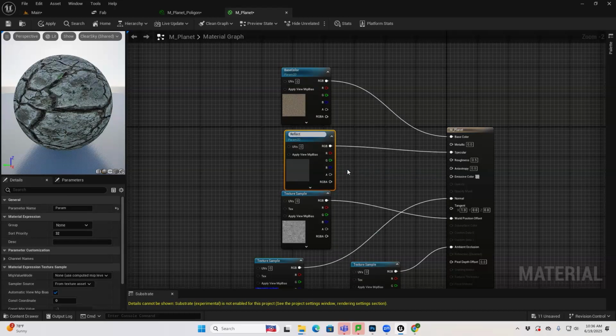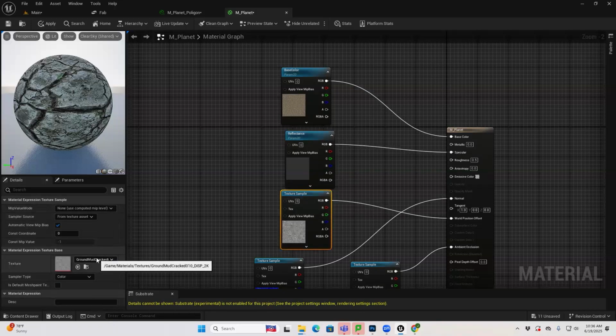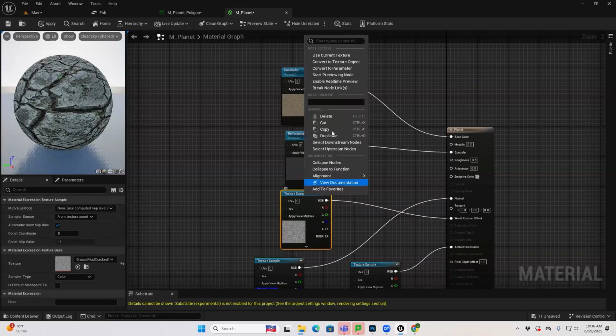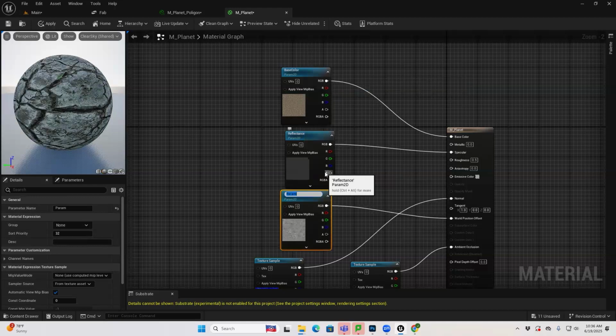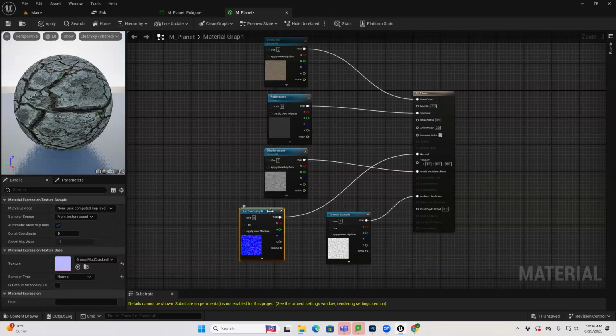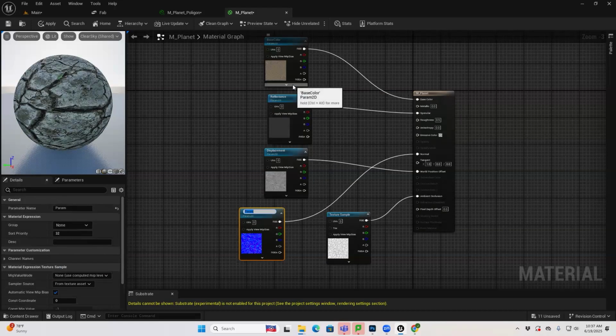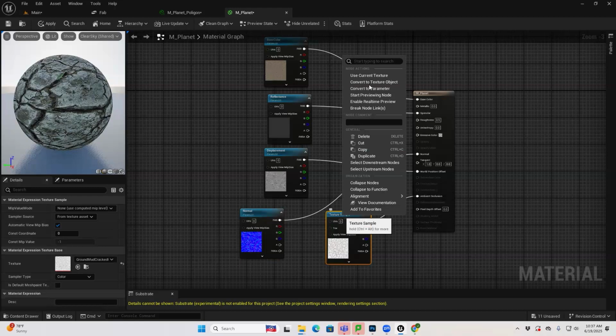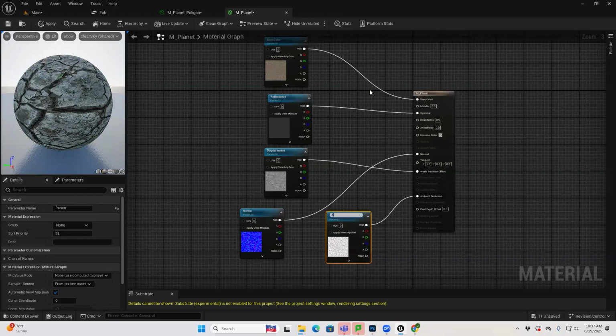Remember, in Polygon, it called it reflectance. And so to remind myself which channel or which texture I'm using, I'm just going to use the Polygon names for it, right? This is displacement. So right click, convert to parameter, displacement, right? This is definitely a normal, right click, convert to parameter, normal, right click, convert to parameter, ambient occlusion, right? So now I'm going to hit save,